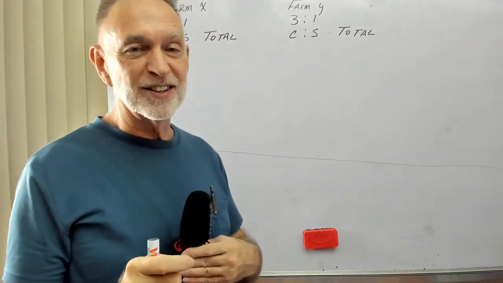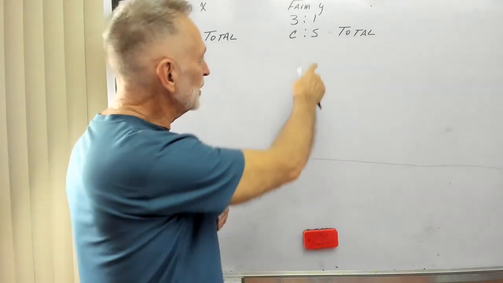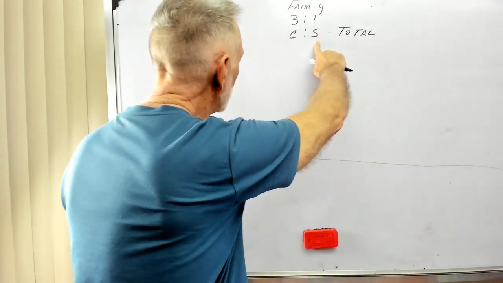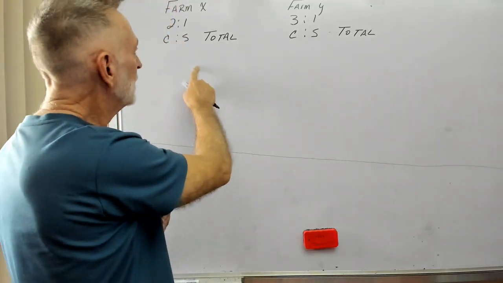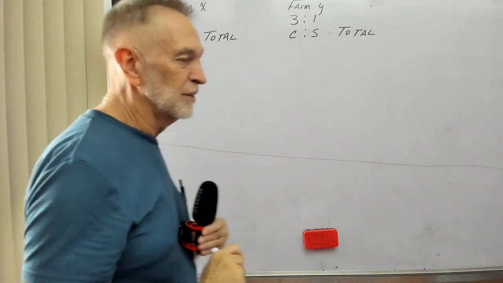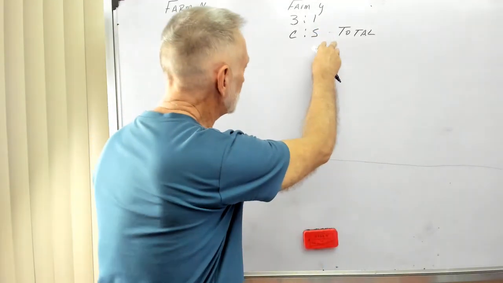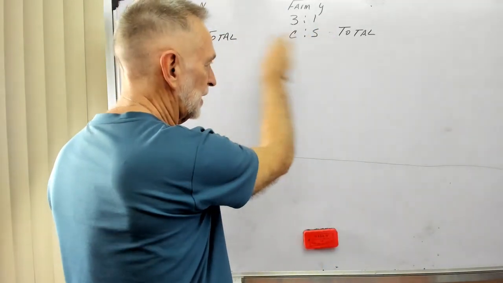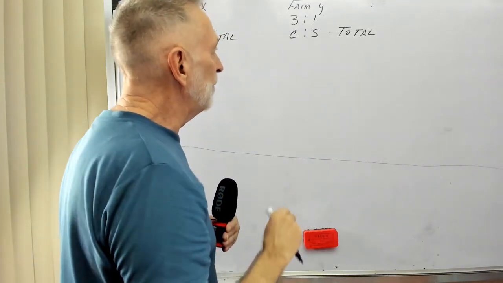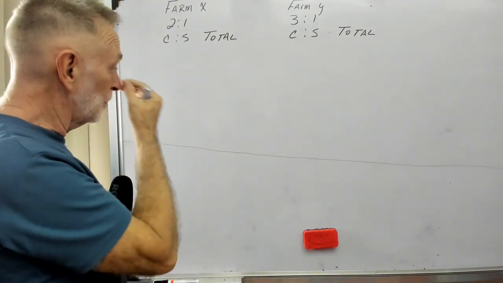So then they ask the question: if 56 sheep are transferred from Farm Y to Farm X, and they end up in the ratio of 7 sheep to 8 sheep, 7 to 8, how many cows are on Farm Y? Okay, to me it was a really interesting problem. So, having said that,